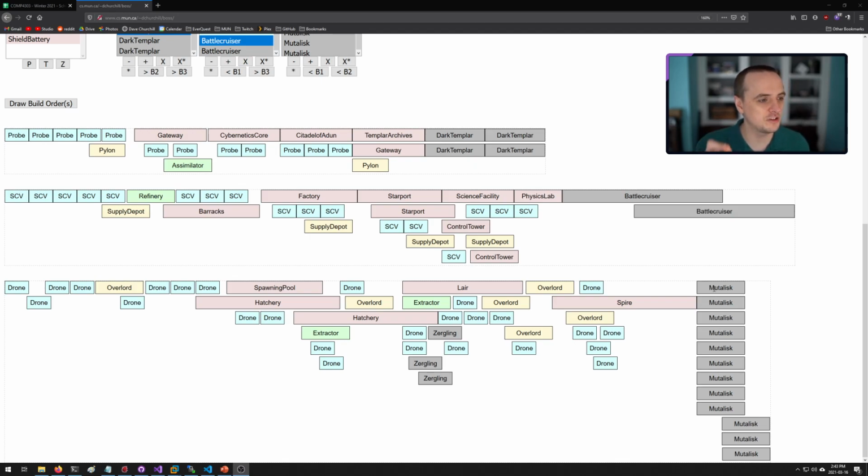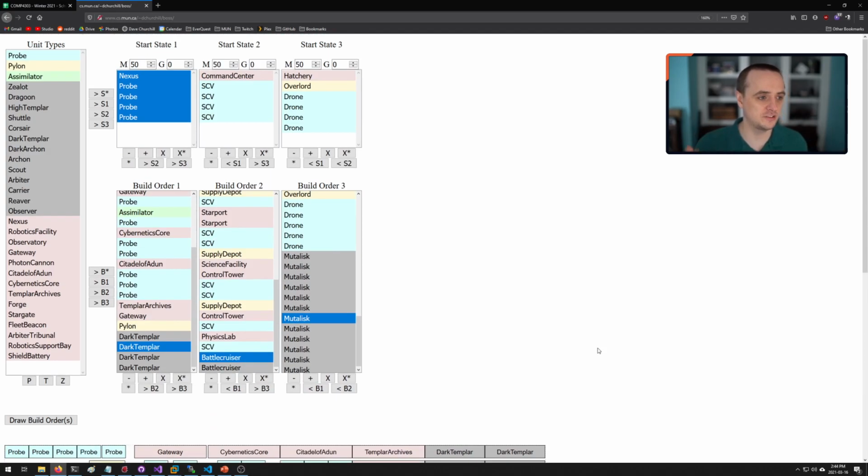But this also simulates the larva production. And so what we do in a Zerg build is that we stop the production of all units before we want to pop out like 12 Mutalisks at once so that we can overwhelm and surprise our opponent. So here we're going to stop the production of other units so that we can let our larva build up, so that once we get the spire built, we actually can construct all the Mutalisks at once. So this does simulate everything about build orders.